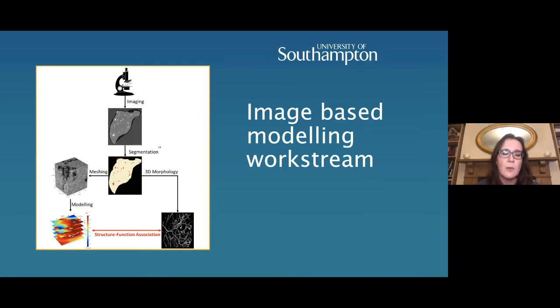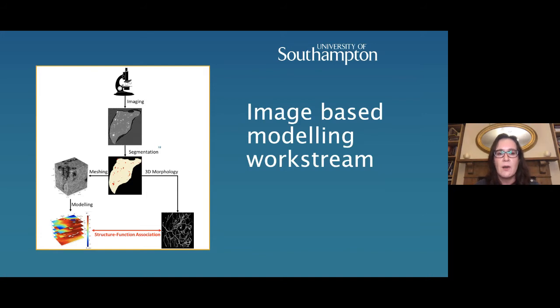Now that's the time-intensive bit in the stream, but in parallel, we also extract out of the images 3D morphology and 3D morphometry, which is faster, but bringing the 2 together in the end, in terms of 3D modeling and fast morphometry, we can assign structure function associations to our